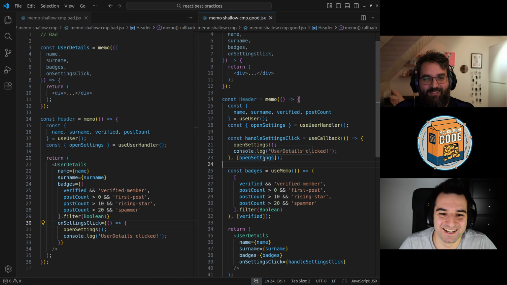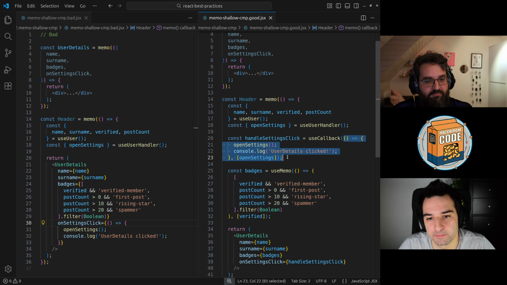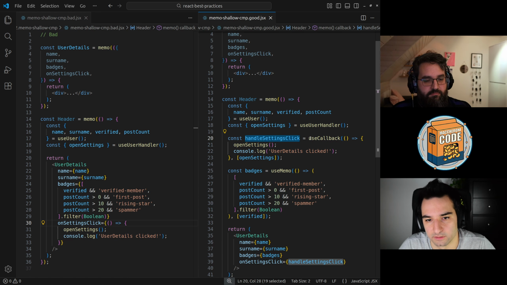It's all about shallow comparison. Yeah, when they change, it simply calls update, in this case because it's a callback, that function, or calls that function and gets the new result and assigns that to the variable that you have here.